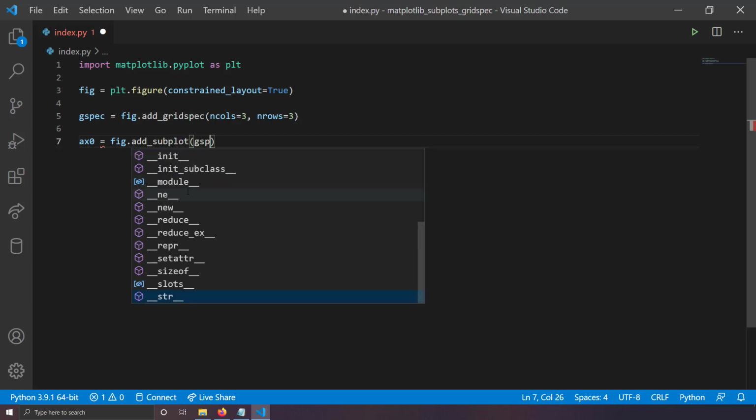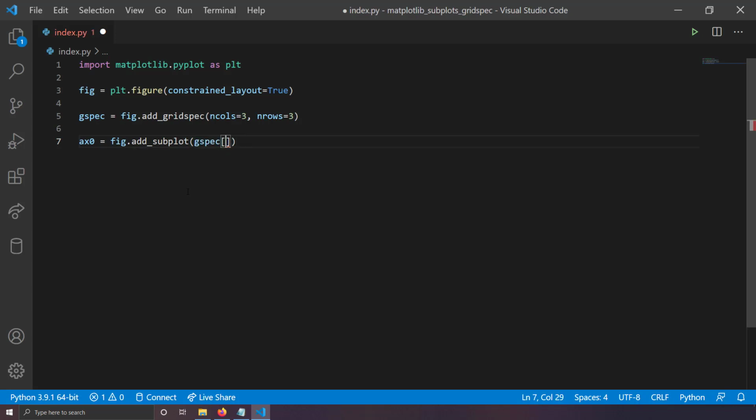So basically you write gspec of, and now you have to give the indexes. This is the first row you have to use, right? So that means 0 index, and I want to use all the columns, so I'll write colon. That's synonymous with something like 0 comma 3, but you don't need to mention it because you're using all the columns anyway, right? So this is the gspec of 0 and all the columns. That means all columns of the first row will be used, and the cell will be only in the first row.